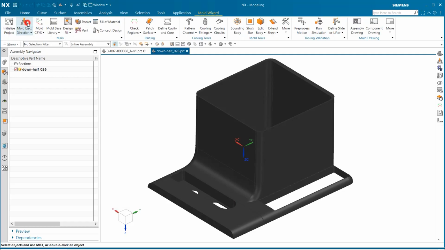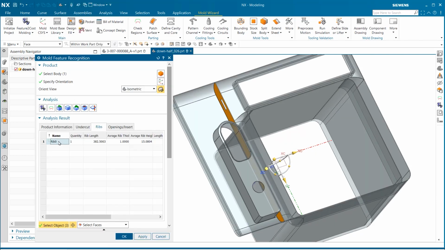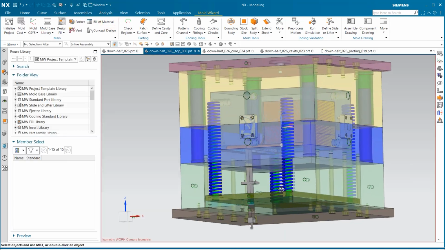In today's video, we'll show you how the June 2023 release of NX has made NX Mold Wizard even better. There's a range of new features and enhancements that will help molded part manufacturers automate and accelerate the mold design process. Mold Wizard is an NX add-on module that gives you a complete working environment for designing molds for injection molded plastic parts. It streamlines the entire mold development timeline, letting you automate time-consuming tasks and eliminate the repetition of standard processes. Starting with the part file for the plastic product, you can validate the geometry for manufacturability and quickly make any necessary design changes before designing the mold itself.